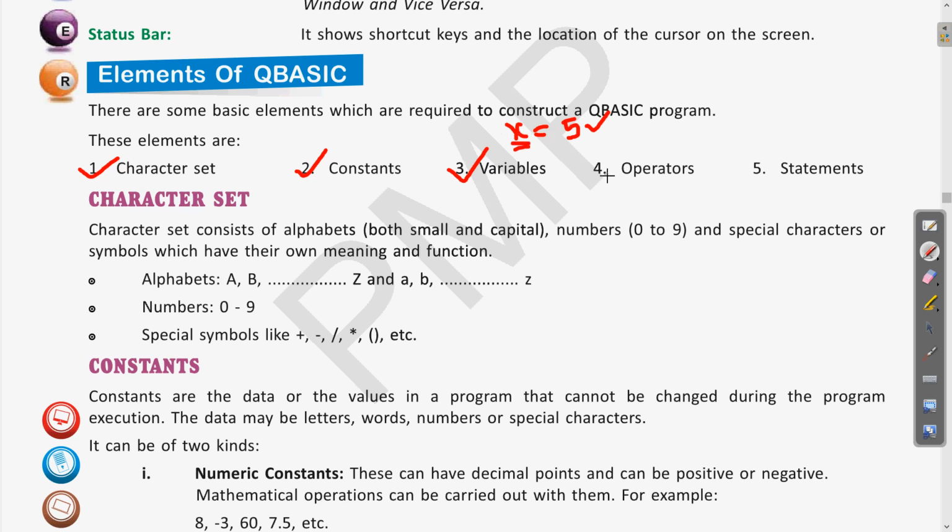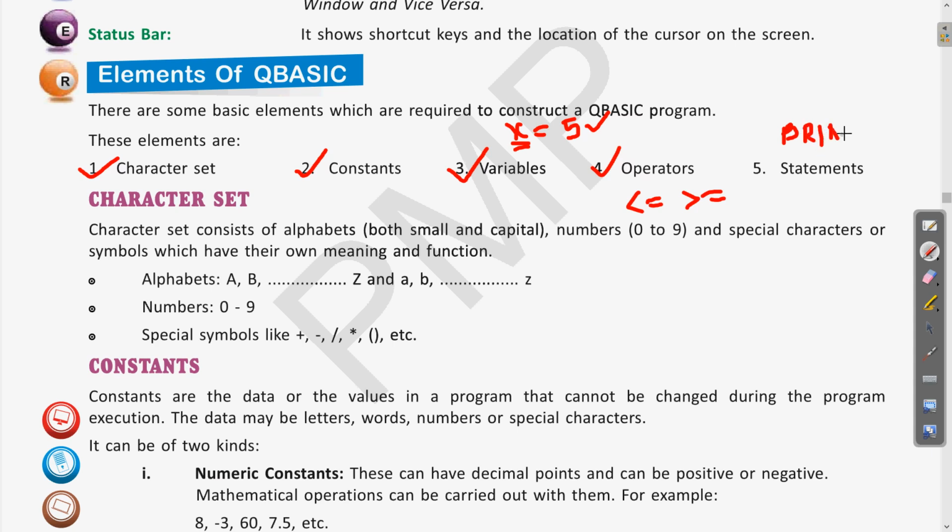Clear? So in the same way, in any programming language, you can use these different elements. Then next is operator, the different operators like less than, equal to, greater than, equal to. Clear? So these are all called operators. Then a statement like print 10, or print your name, print name.